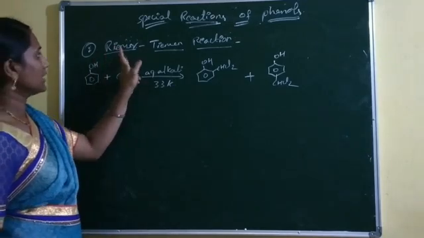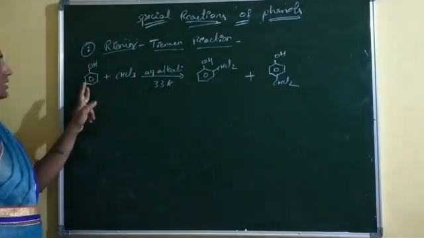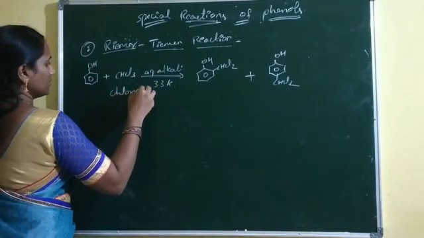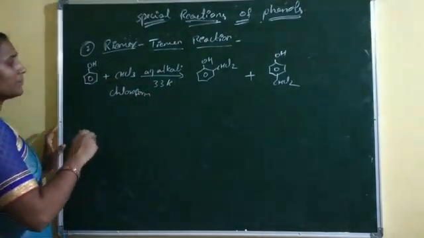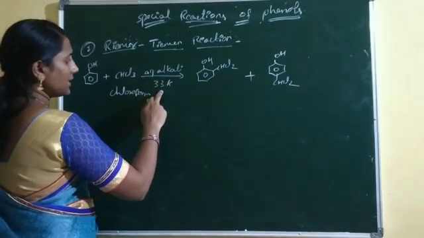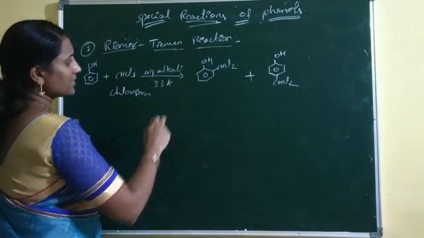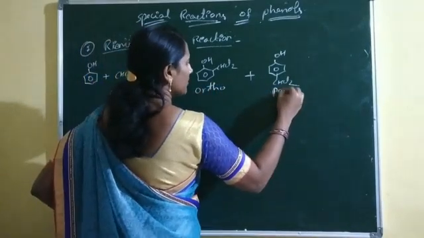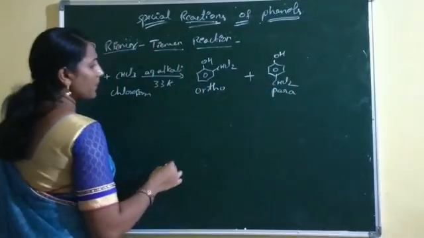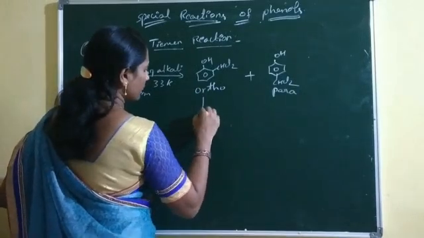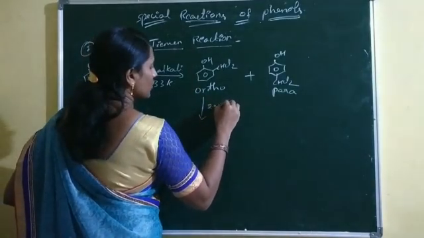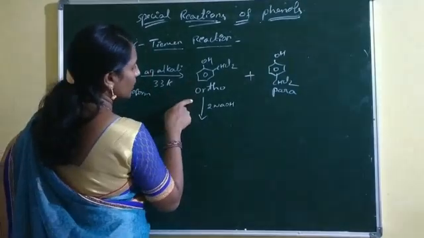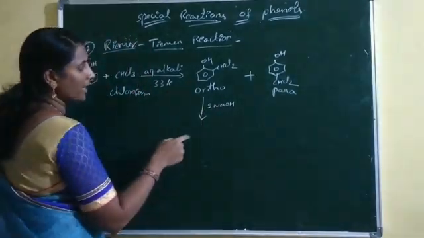Now what is the Reimer-Tiemann reaction? Phenol is treated with chloroform under alkali conditions at 333 kelvin to form the ortho product and the para product. Now these ortho and para products, on treatment with 2 moles of sodium hydroxide, followed by acidification...